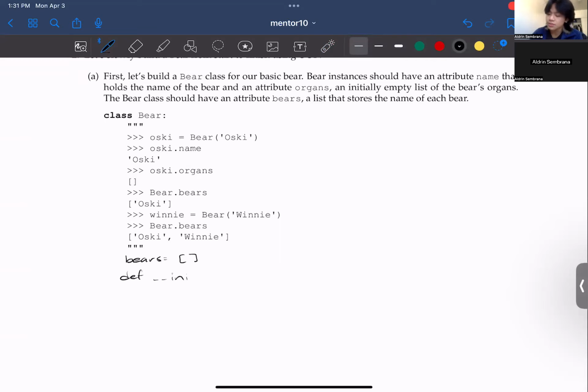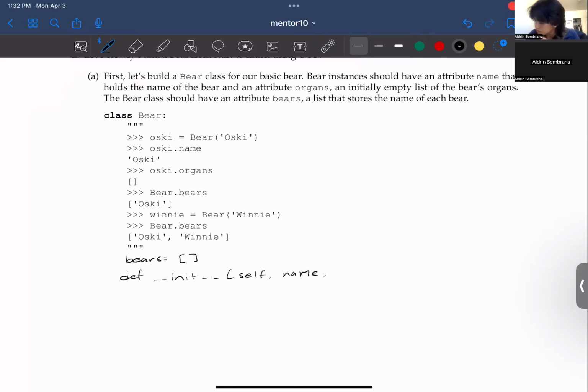This is going to be how we create our bear object as a reminder. And we have the first parameter be self. This is just going to be how we refer to an object as we go through the code. Hopefully that should be okay to understand. But yes, so we have self. This is just the name that we use to refer to a specific instance of an object, an instance of a class. And we want to take in name